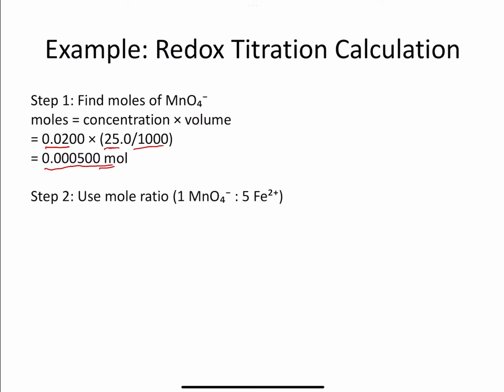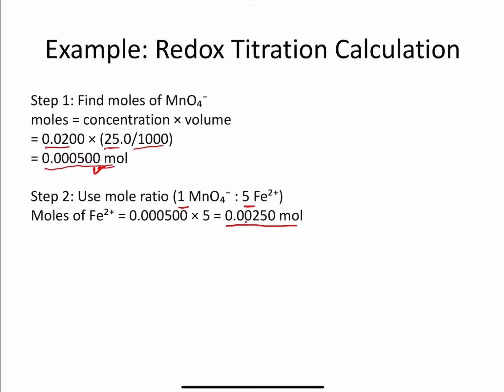And then we need to use the mole ratio to find the number of moles of iron. From the balanced equation, 1 mole of manganate reacts with 5 moles of iron. So the moles of iron will be 5 times the moles of the manganate. So this is the value we found in the first step times 5, and that will give you the number of moles,